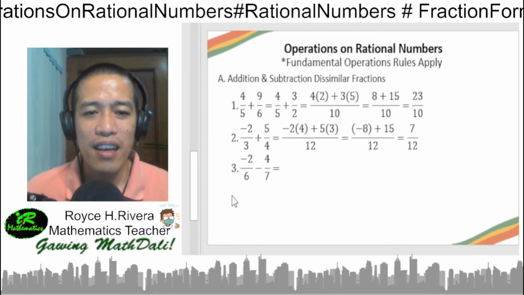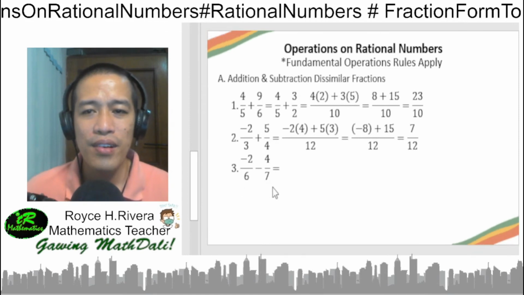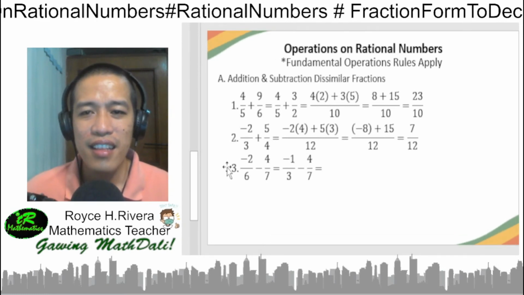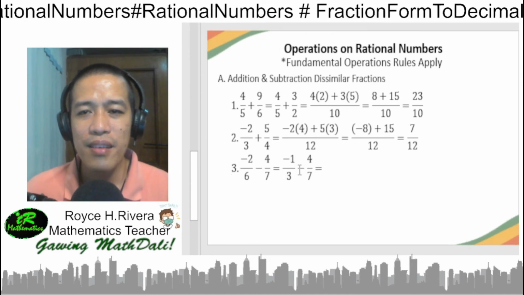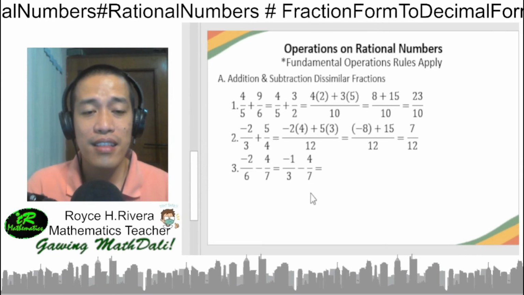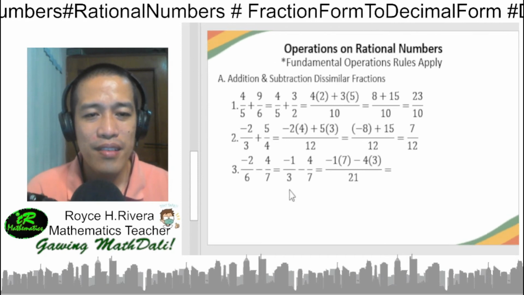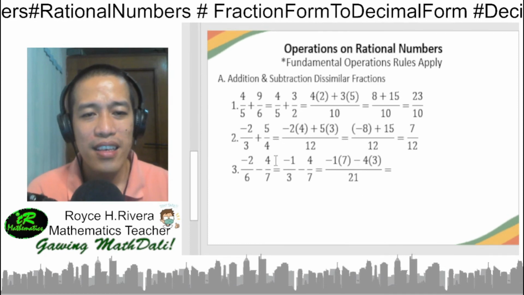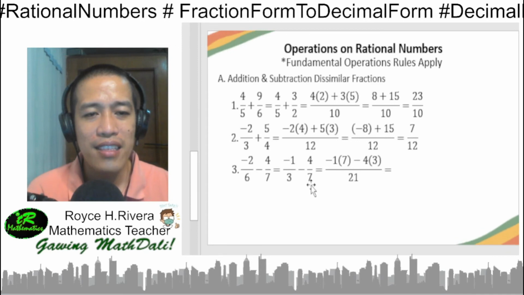Now, let us subtract negative 2 over 6 minus 4 over 7. Negative 2 over 6 can be reduced to negative 1/3. Then we have minus 4 over 7. Get the LCD by multiplying 3 times 7, that is 21. And get the cross product of negative 1 and 7